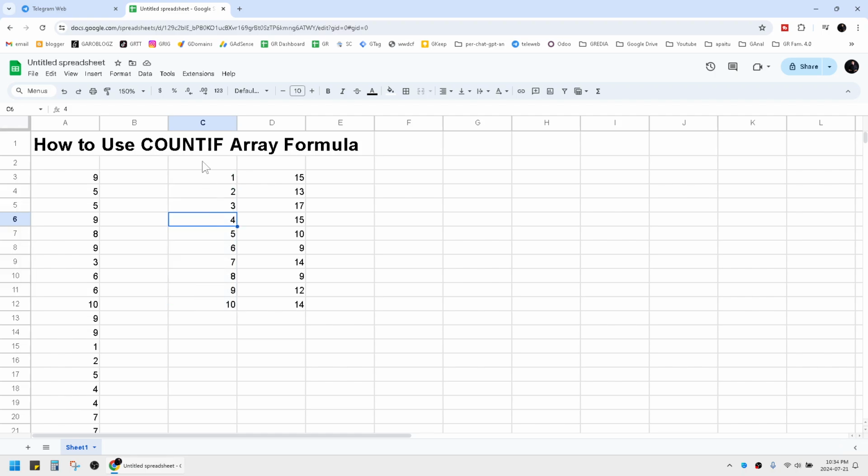ascendingly. So here I want to make it an array formula to make it easy, just one formula to count 1, 2, 3 until 10 for this data. So you use this